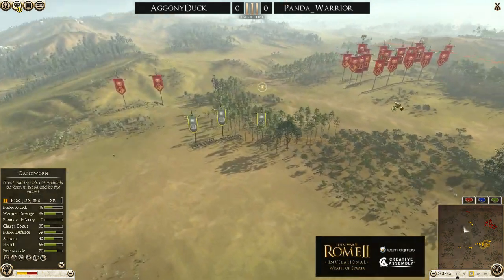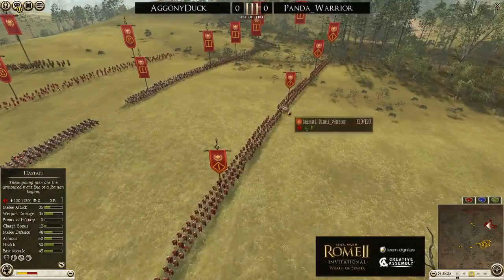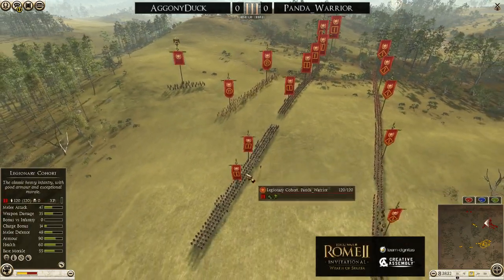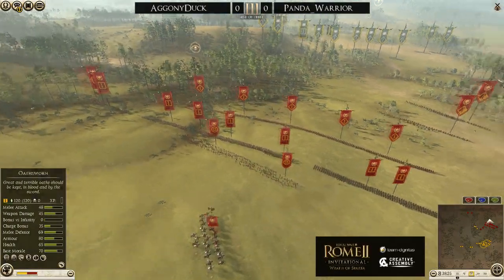All right, so it looks like Raiding Horsemen out on the flanks, and looking at Rome's build, honestly, a very meta build from them. Hastati front line for them, and in behind them, Legionary cohorts, a lot of Legionary cohorts, and some Evocati out on the flanks, and he actually brought 2 Balearic Slingers as well, so he's going to have some skirmish power,